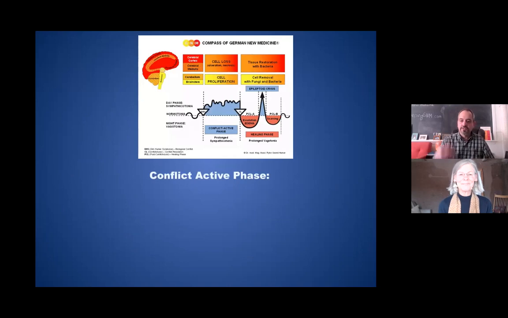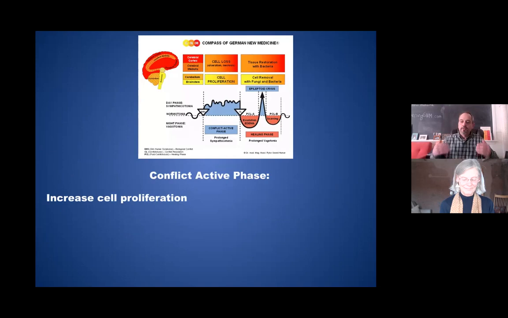We're going to continue with the corium skin, and we're going to start with the conflict active phase. What happens at the organ level when the shock happens? So as you see here, actually,